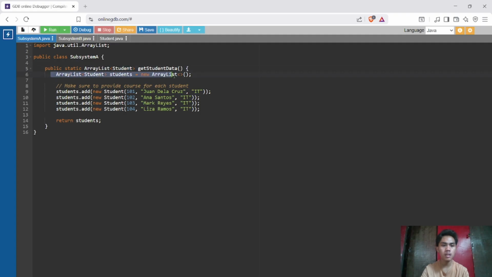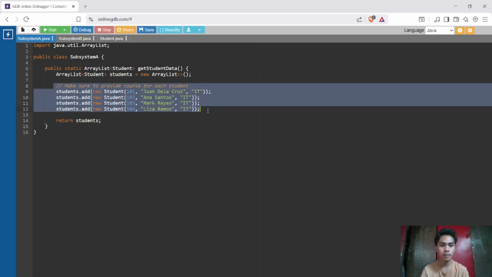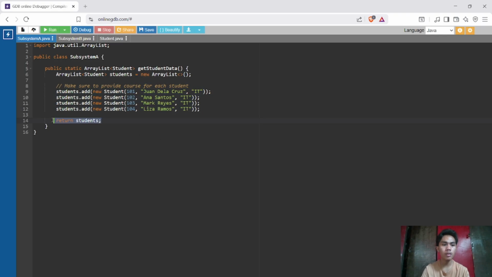In line 6, it creates a new ArrayList called students. And in this line, it adds new student objects to the students list. Each student has three pieces of information: the ID, the name, and the course. And return students returns the students list so other parts of the program can use it.